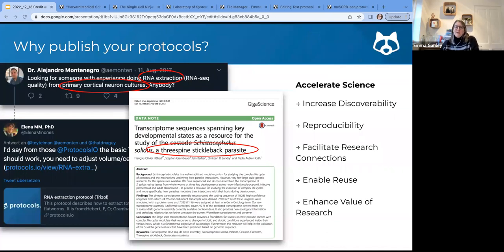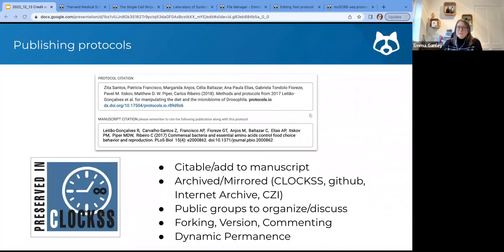I have got a couple of quick last things. If you publish them, they're all citable, they're all archived in exactly the same way a journal would do. We're held to the same high standards to ensure longevity of content. And there's dynamic permanence and control, lots of copies, to keep stuff safe. These are all the things that publishers do. So we are very careful to make sure that we're ticking all of the boxes that you would expect of anyone publishing content out there in terms of preservation practices, etc.